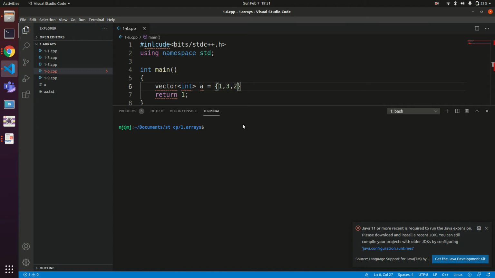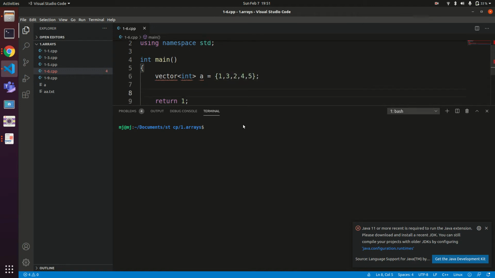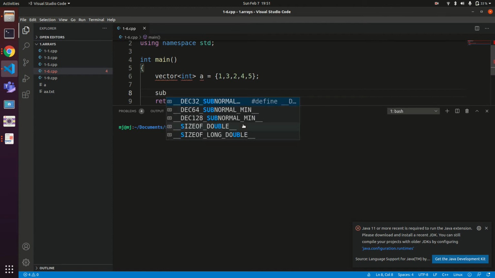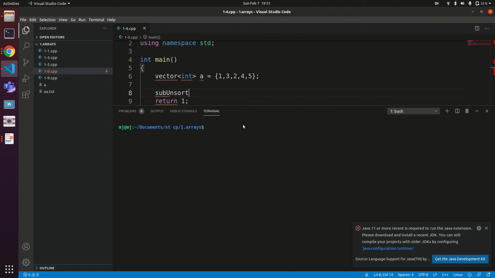Now let's pass this as a parameter to our own method. So we can call it sub unsort, and let's pass this vector as the input parameter.